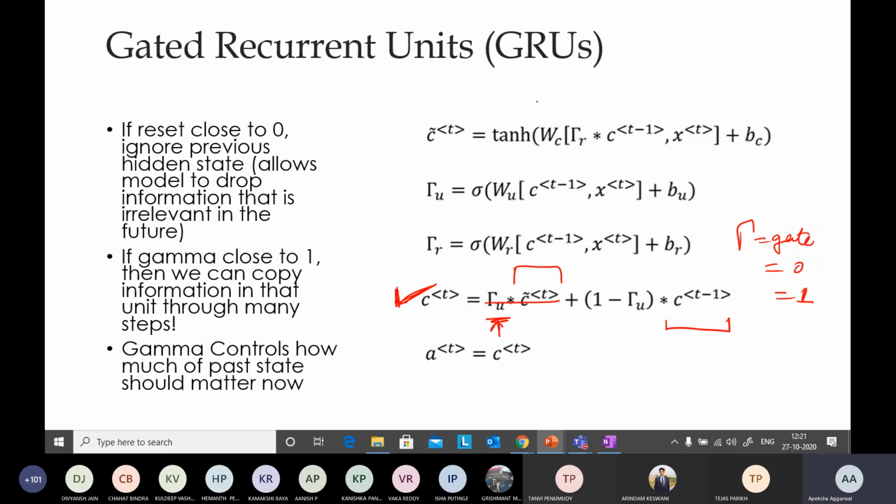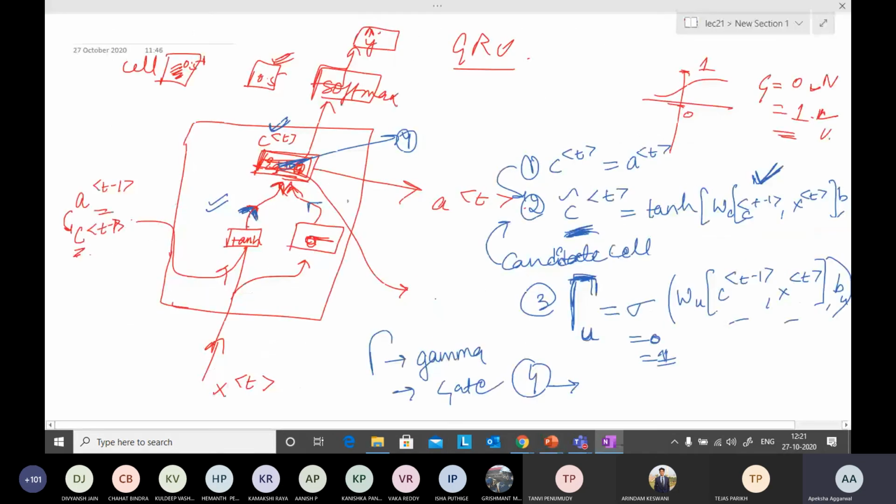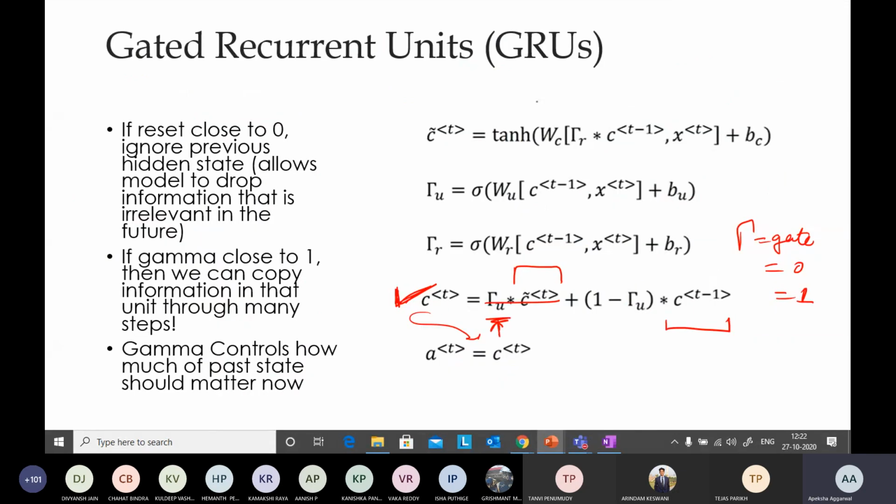So this is the overall output. My activation for the next layer is this C t. Whatever output I am getting over here would be my activation for the next layer. This is the output, and if I want to apply softmax, I can apply softmax over here and get the output. So this is the gated recurrent unit. The only addition is the gate, which decides whether the cell state is updated or not. Okay, so this is the GRU. We'll discuss LSTM tomorrow. If you have any questions, you can ask. I know it's a little bit confusing as well.